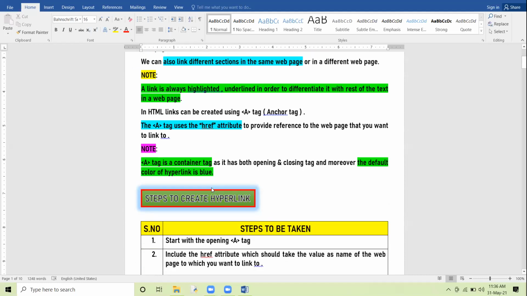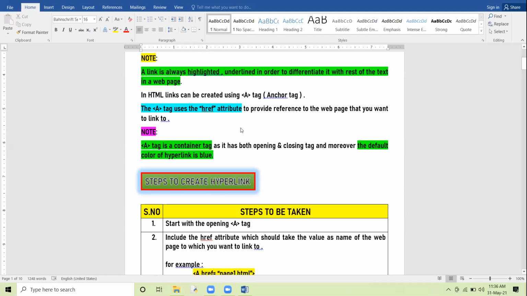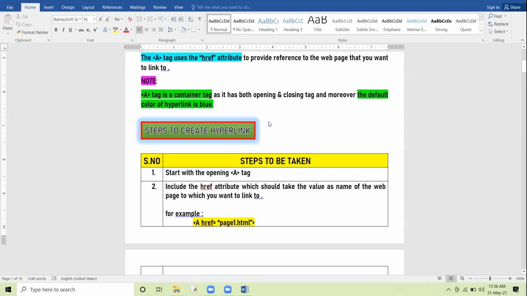Then when you click on the hyperlink, you get connected to that page. And the A tag is a container tag.